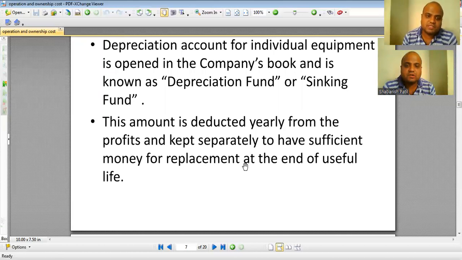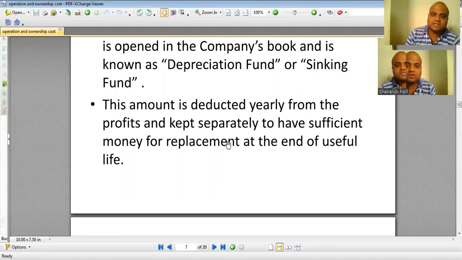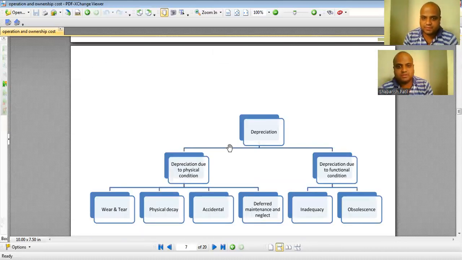It's not that we have purchased an equipment and we're using it for 10 years, but we should also keep in mind what happens after 10 years. See, every equipment will have its lifespan. After that, what do we have to do? We have to save the amount during the working of this previous equipment, so that at the end I will have a sufficient amount to purchase a new equipment. That's why a depreciation fund or the sinking fund is always kept in the organization, and a record is made of it.